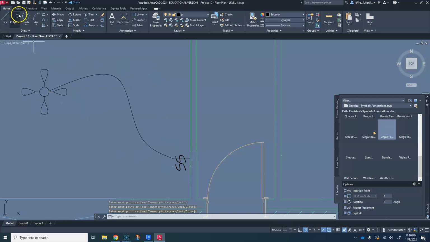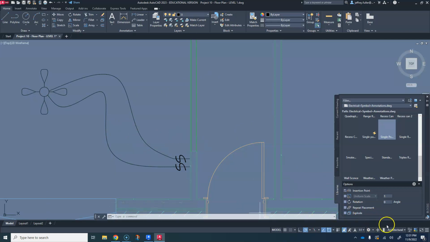Now, because we have a switch also controlling the fan, we need to do this one too. So there'll be 2 switches coming to this fixture, and it might follow along closely the same path. Just connect it here and then hit the enter button. Okay, so now I've got 2 wires, and they should be